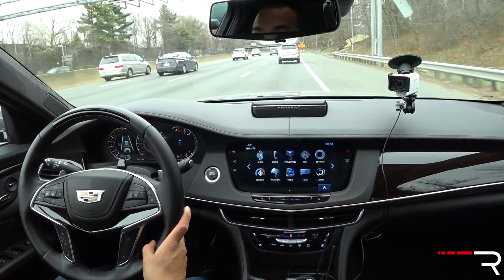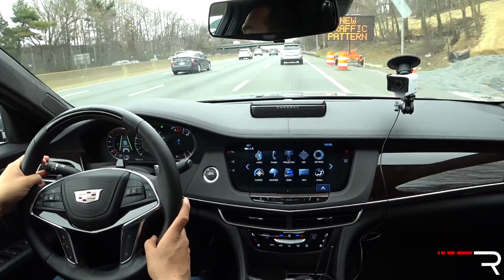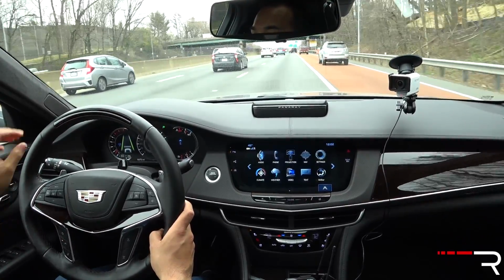But nonetheless, my God, visibility in here is really good, aside from those stupidly small side mirrors. I hate them. Now, I did get used to them, and this car has blind spot monitoring with rear cross traffic alert. I just don't understand why Cadillac put these teeny tiny mirrors on this big sedan. The pillar here is a little chunky, but again, once you get used to the dimensions, it's a relatively easy